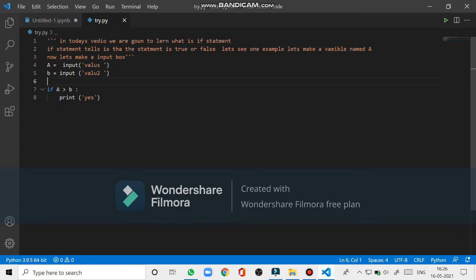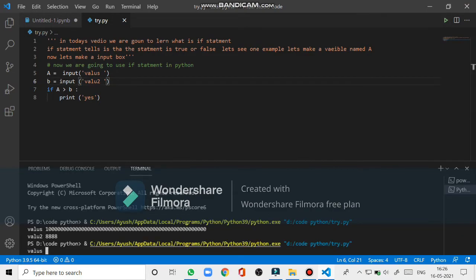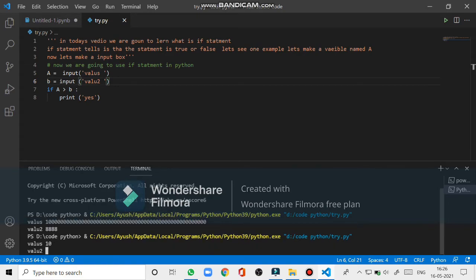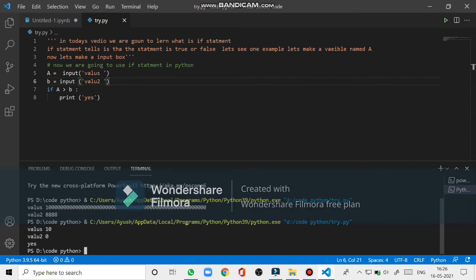Let me remove the comment from there and paste it above because it's interrupting us. If you want the code, then I'll give it to you, but try to create some of your own. Let's run this again. Now the variable a is asking, and you can see in value a I stored 10 and in value b I stored 3 or 2. So you can see, yes.